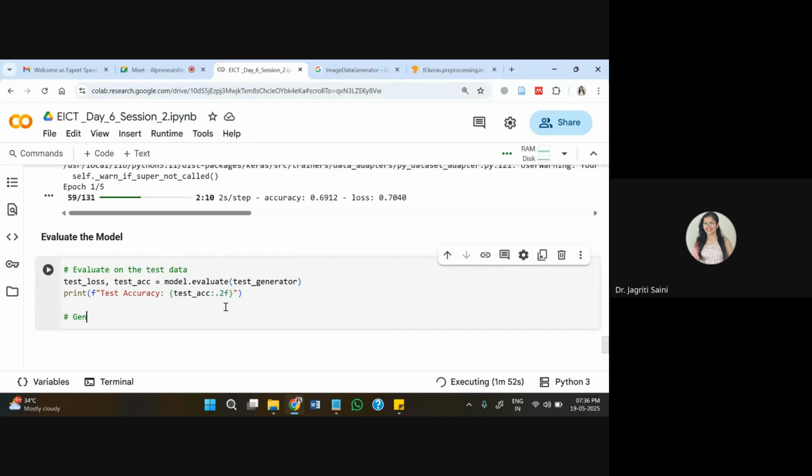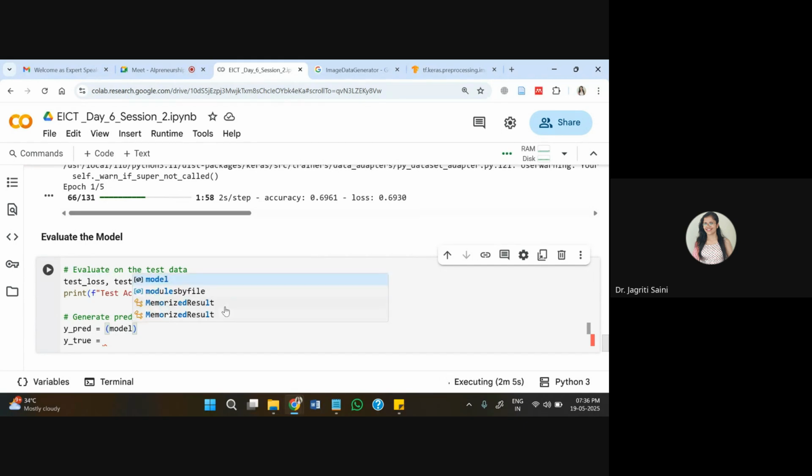Then the next part I'll write here is generate predictions. And for this, y predict and y true, both we will put up in the proper format. And for this, first thing I'll do is model dot predict, and this will be done on test generator.